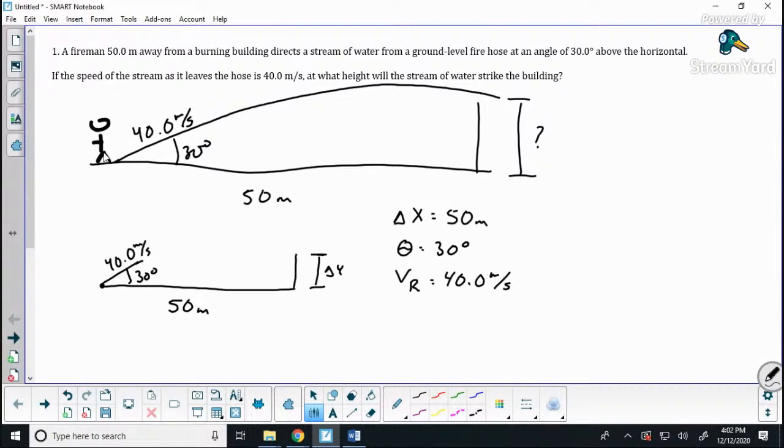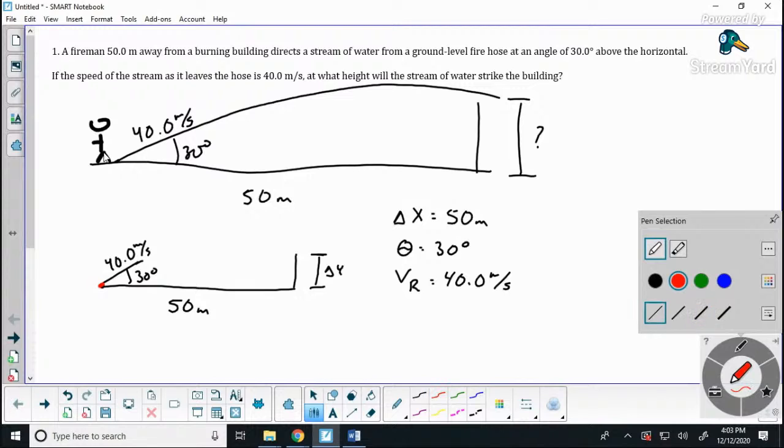And the reason that's important is, as I discussed in the previous video with projectile motion, this 40 meters per second is not 40 meters per second in the vertical and 40 meters per second in the horizontal, but that 40 meters per second gets divided up into two components. Part of that 40 meters per second is directed in the vertical. Another component of that 40 meters per second is in the horizontal. And when you look at the way that I've drawn this out, you can see that it forms a right